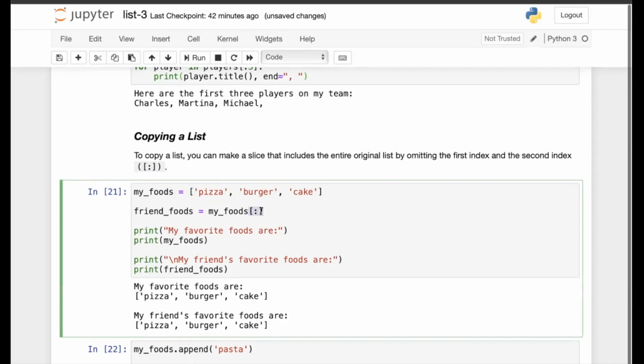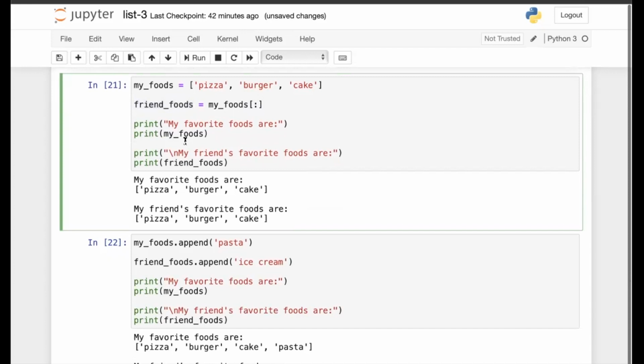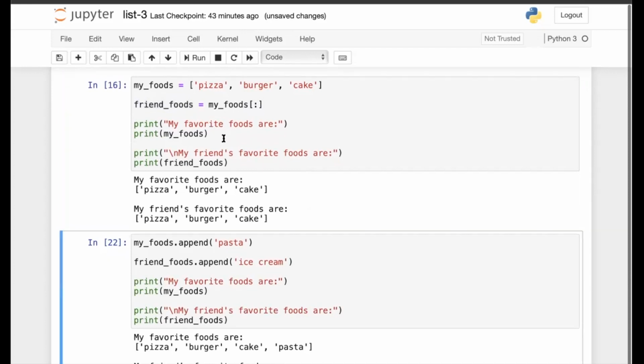And because I want to copy this list, I would omit both the start as well as end index. So the entire list would be copied, and then this new list would be assigned to the variable friends foods. And then I print these two lists. Since these two lists are the same, you would get the same output: pizza, burger, and cake.